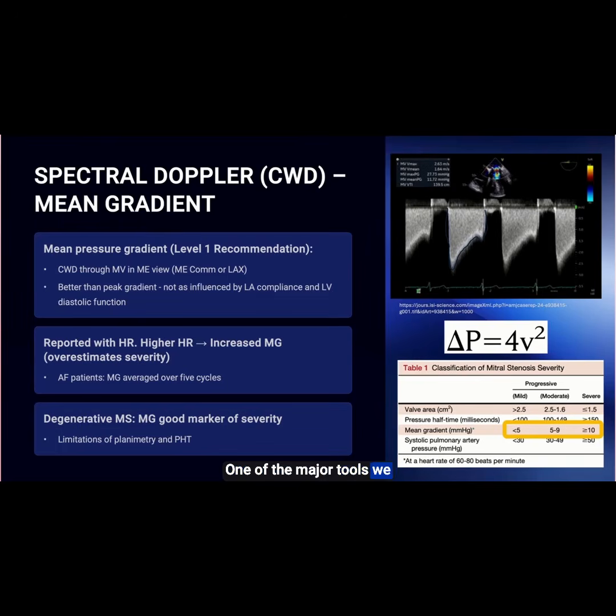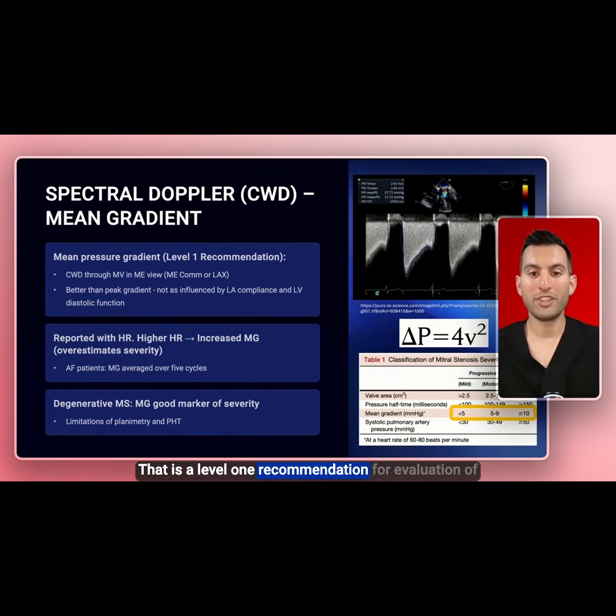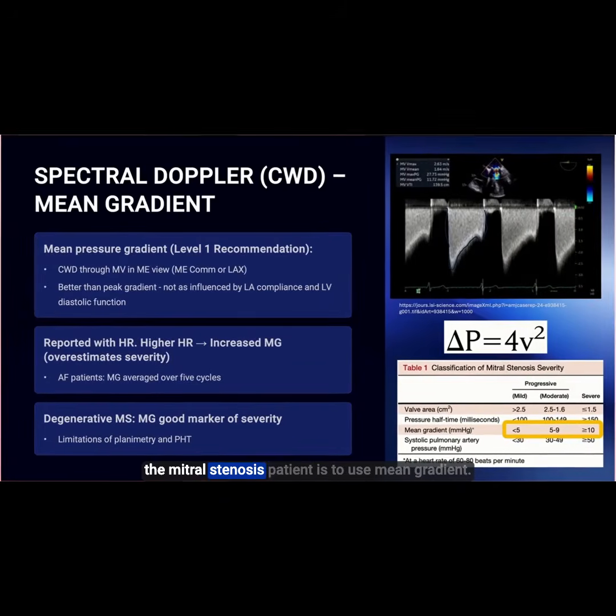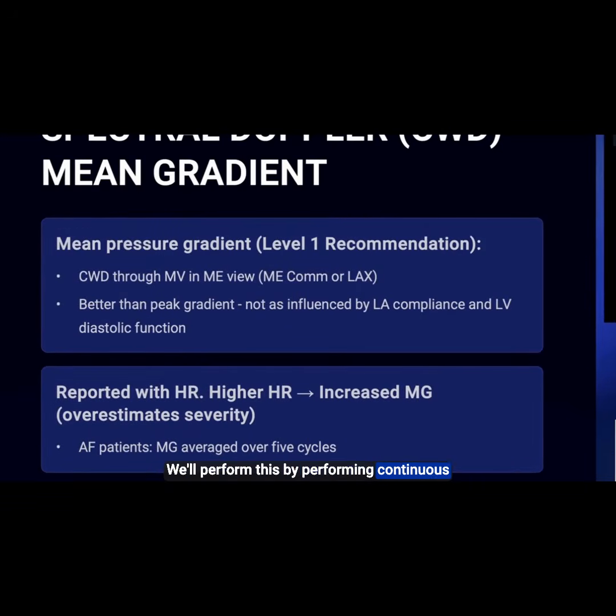One of the major tools we have is using mean gradient. That is a level 1 recommendation for evaluation of the mitral stenosis patient. We'll perform this by performing continuous wave Doppler through the mitral valve in a mid-esophageal view, either the mid-esophageal commissural or long axis view. Remember, the mean pressure gradient is better than the peak gradient, as that peak gradient is